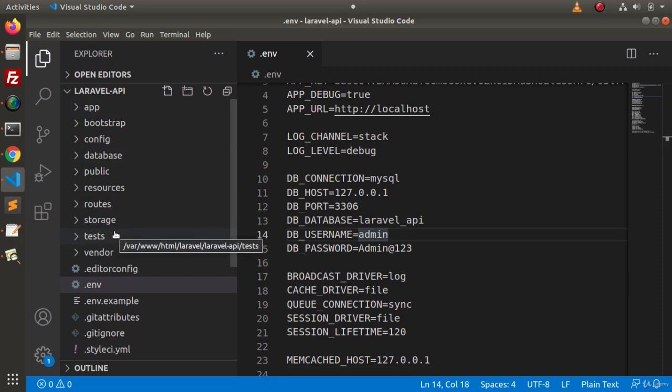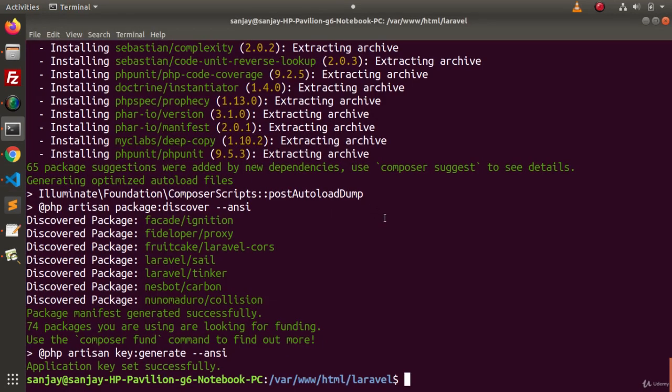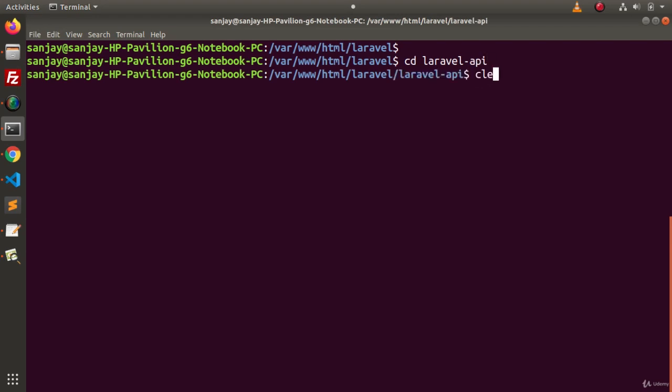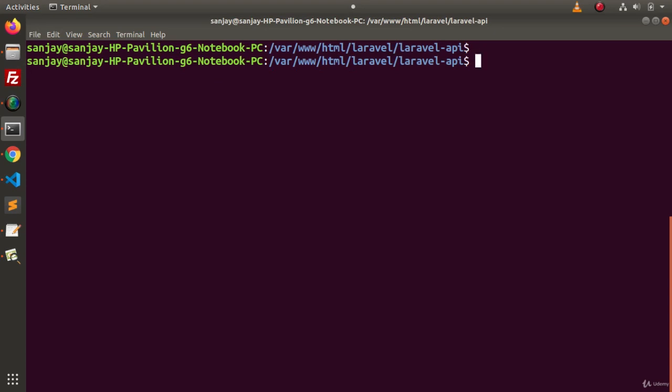Now next, how can we run this application in the browser? Simply go to the terminal. We need to go inside our project setup, so as we know, we have created the folder, I think laravel-api. cd into it, and to start the development server, simply type php artisan serve. It will start the project on our development server at port 8000. So if I press enter,